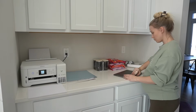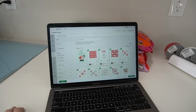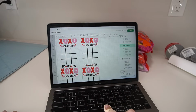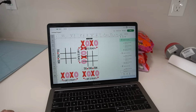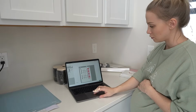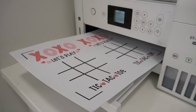I just showed you the two projects we would be doing, and now I'm going to show you how I got them done. I also just showed you all of the material that I used, and I already knew exactly what I had in mind, so I went on Cricut Design Space, typed in tic-tac-toe Valentine's Day, and these little tic-tac-toe games came up. They were absolutely perfect and exactly what I was looking for, so I printed them out,